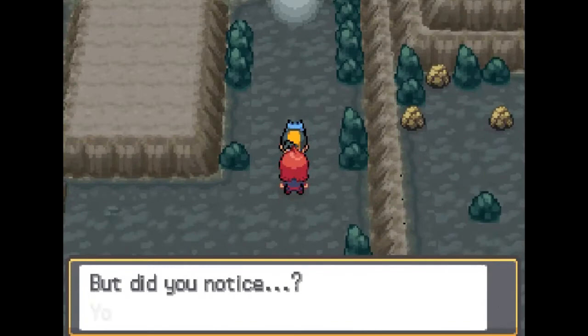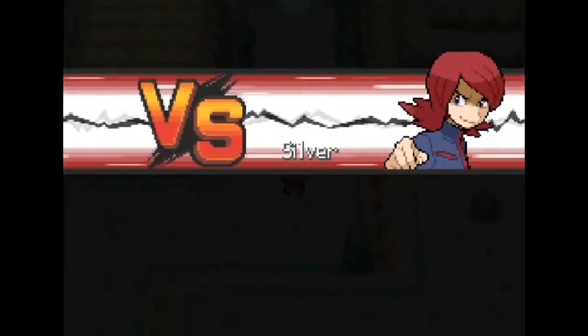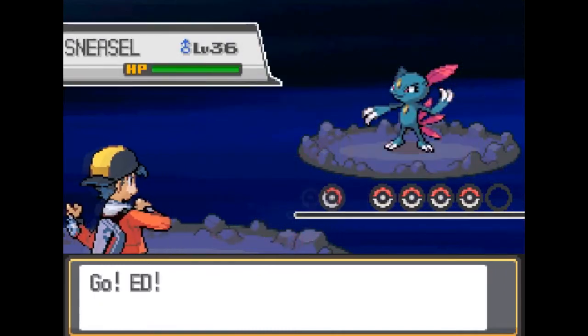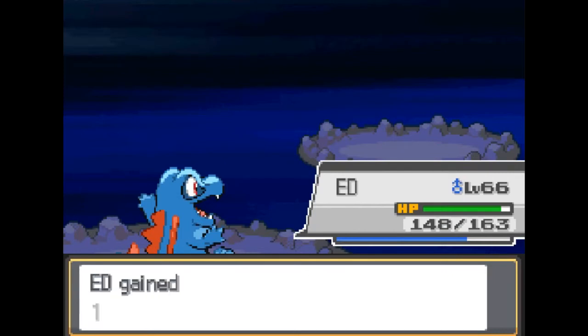So after that we just did the rest of the story things, defeated Lugia and so on. And here at the end of Victory Road we will face the final rival challenge. So let's see what this guy's been up to. He has the full team at this moment, so let's see what we're up against. He's going to start with the level 36 Sneasel. I don't dare use Superpower against it, so at the moment we already got Waterfall as a better